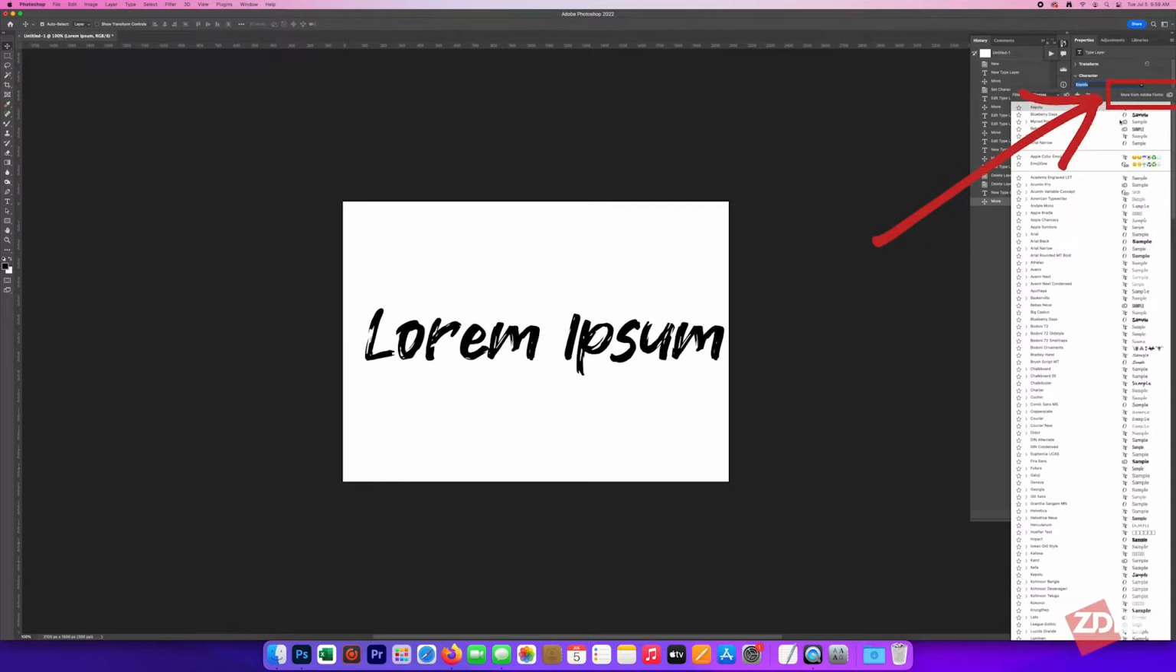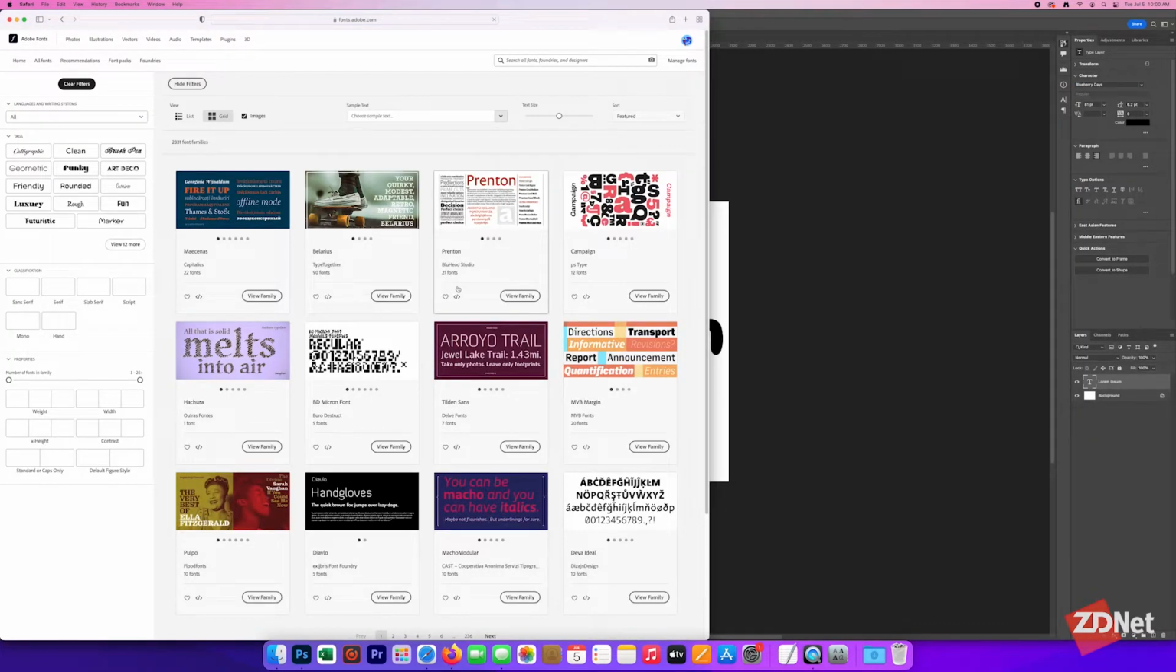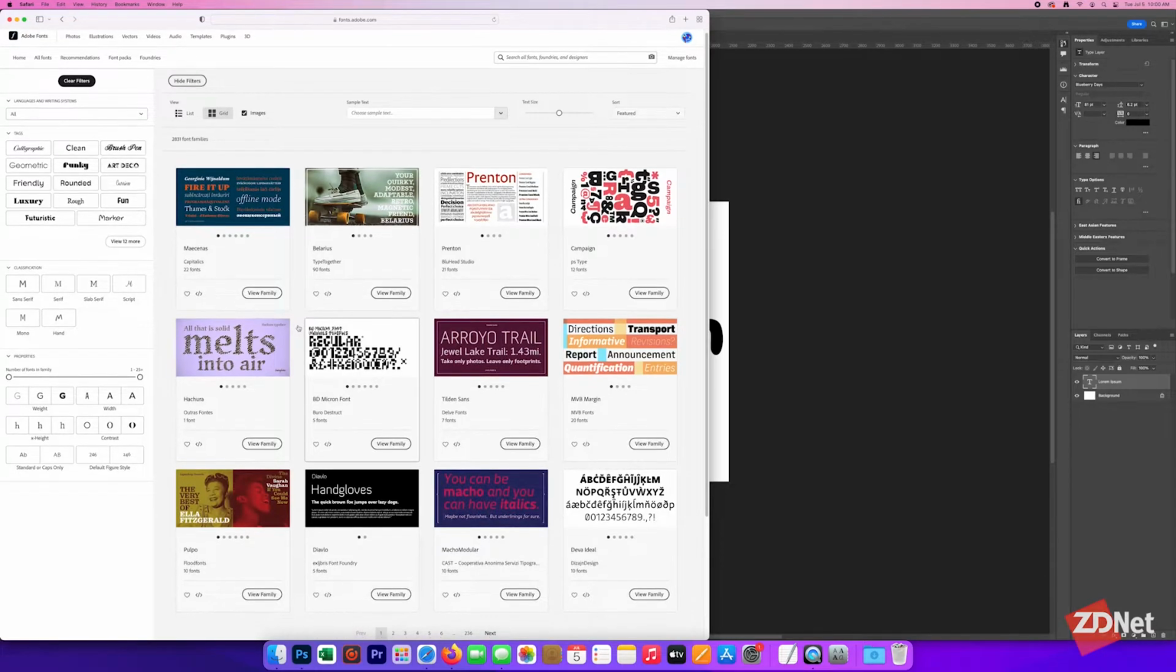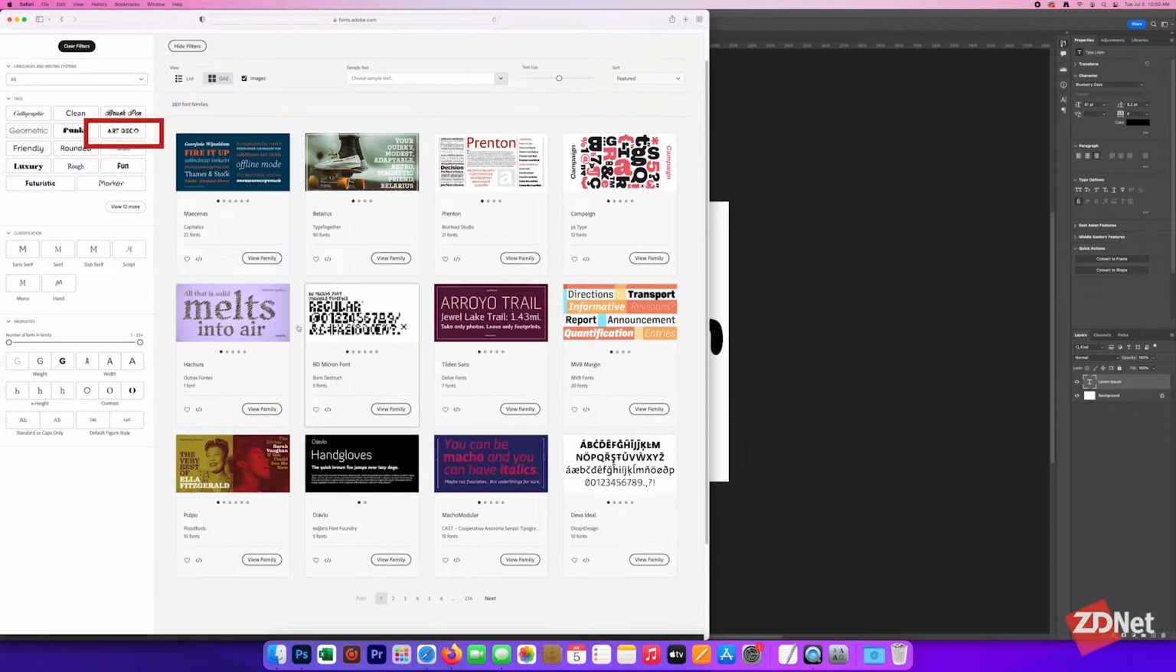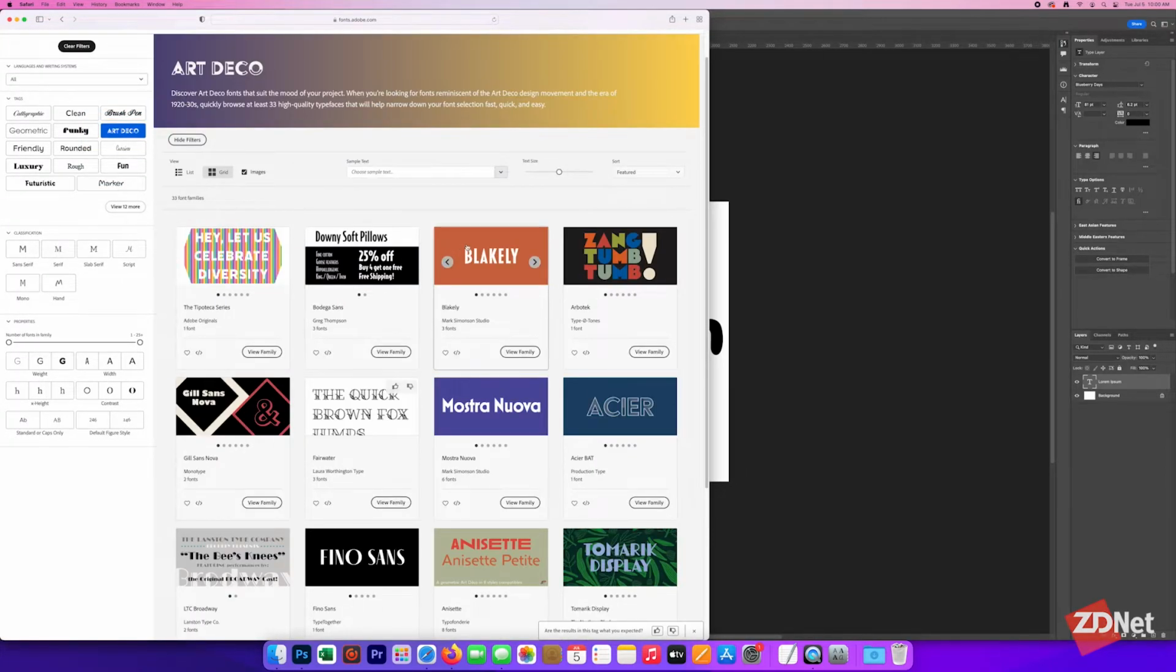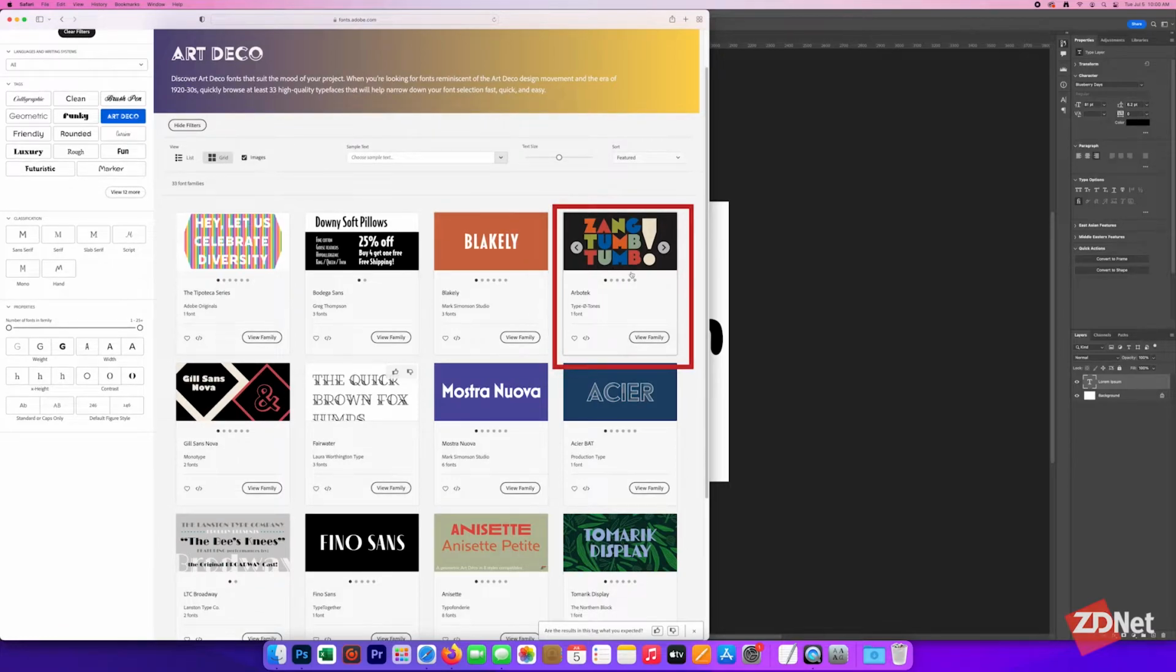Up here you have the Creative Cloud symbol. If you click on it, you can browse all of the Adobe fonts available. So this will just open a website and you can look through them. Let's pick Art Deco just for fun. And you can look through them and see which one you would like. I'm gonna click on this one